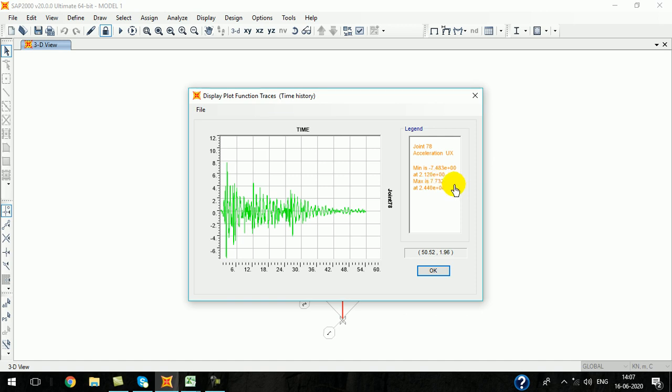The applied one is 3.4 or 5 meter per second square only, but the maximum observed is 7.7, which is about 2.2 times the applied peak ground acceleration of this El Centro function. Okay, so this building is experiencing 2 times the input peak ground acceleration value.